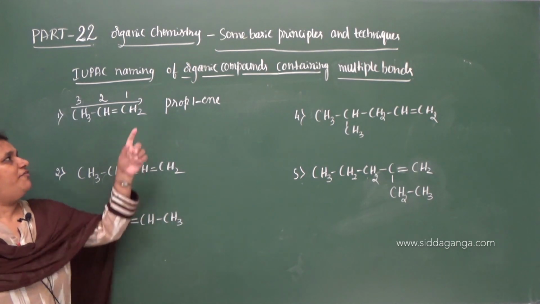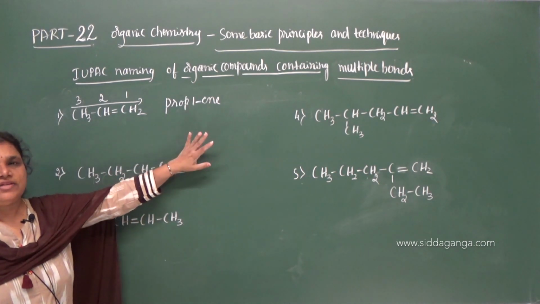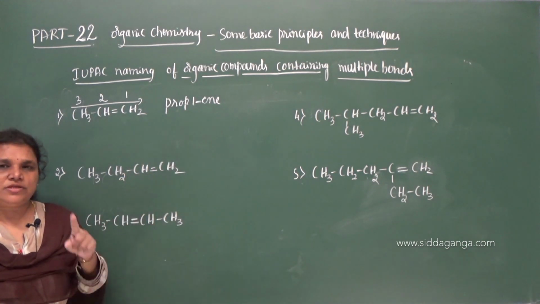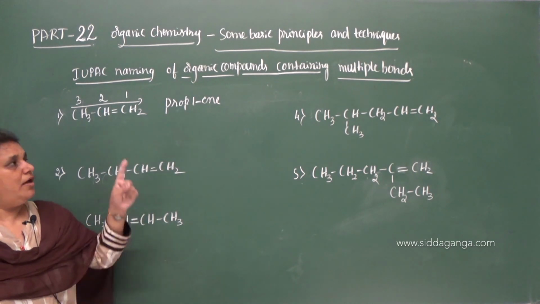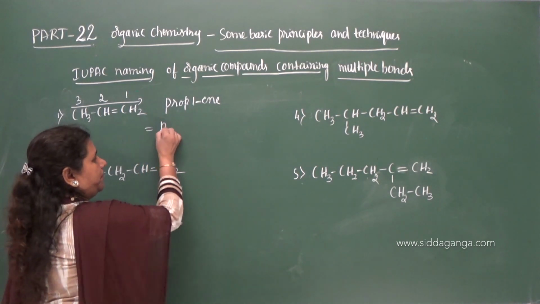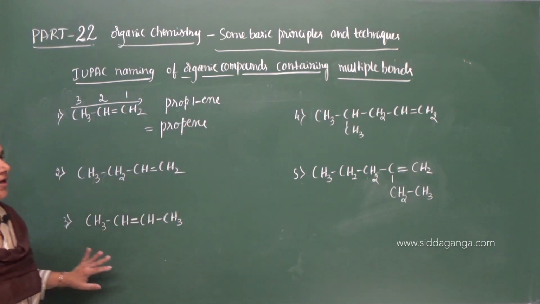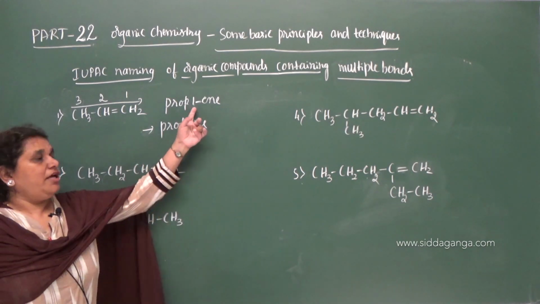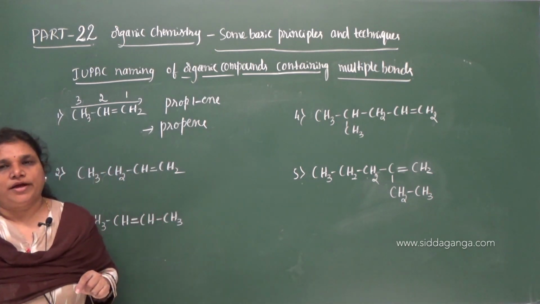For example, if it is between the first and second carbon, you need to give only 1. If it is between the second and third carbon, then you need to give the position of the double bond by using only one locant, the first, minimum locant. And prop-1-ene, you can even write this as propene. Propene. So why have we written it as propene? Because if the locant is 1, then you can ignore the locant 1.